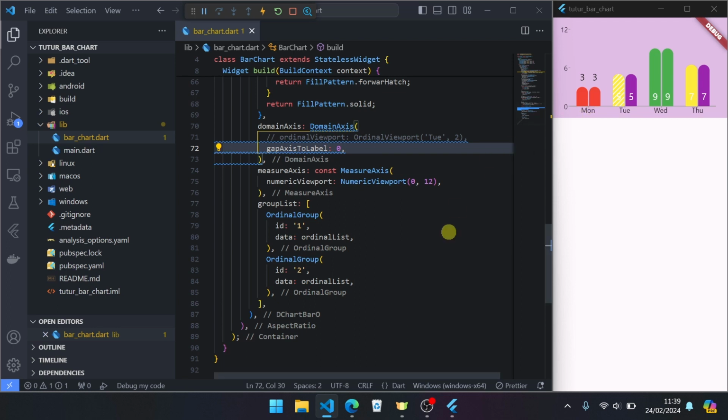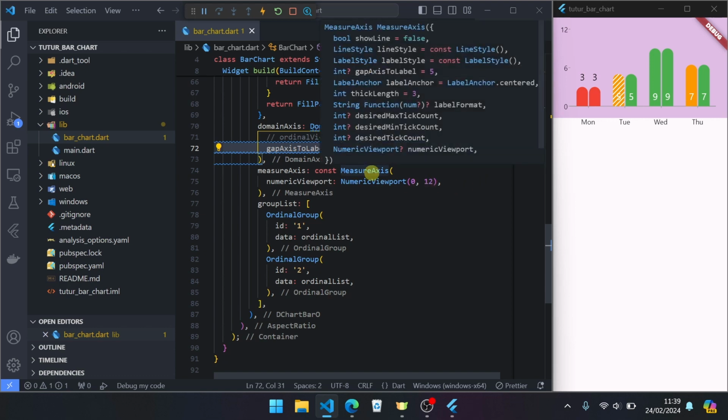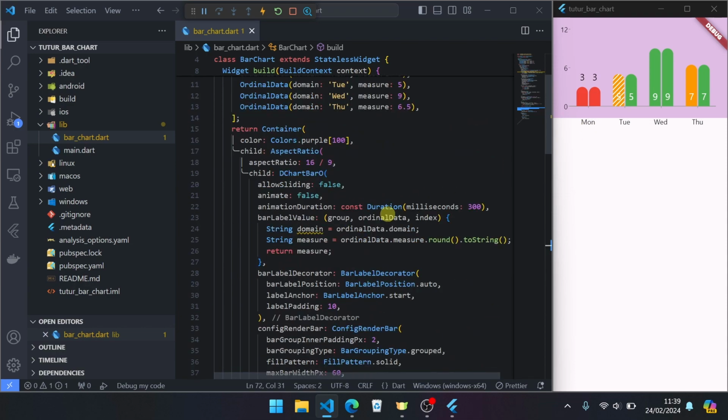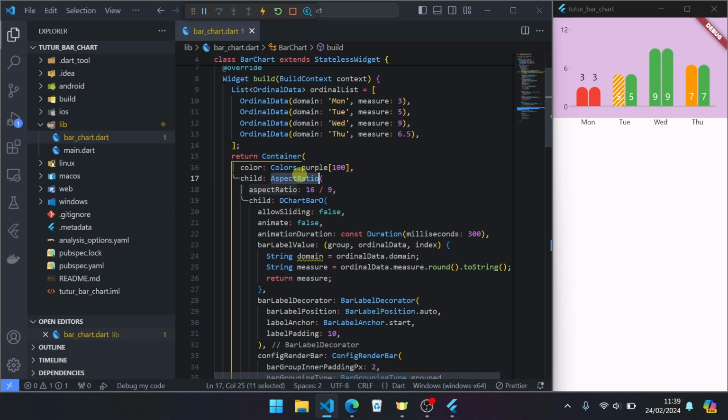If we want more space, we can set more bigger like 20. But if you set more bigger, the label will sometimes be outside size from widget aspect ratio here.